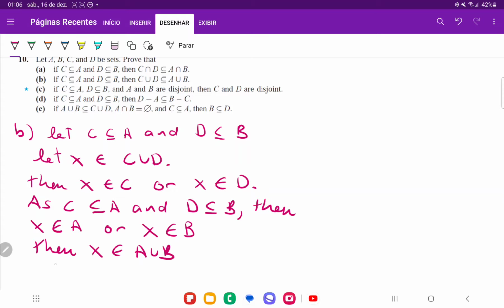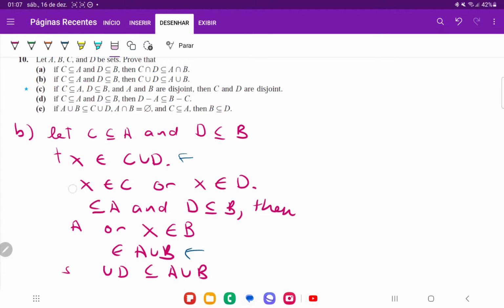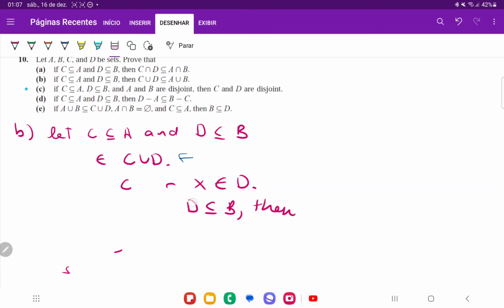All right, so we have shown that some object that is here must also be there, so that's enough to show that it is a subset. Thus, C union D is a subset of A union B. That's it for item B. Now for item C, we're going to have